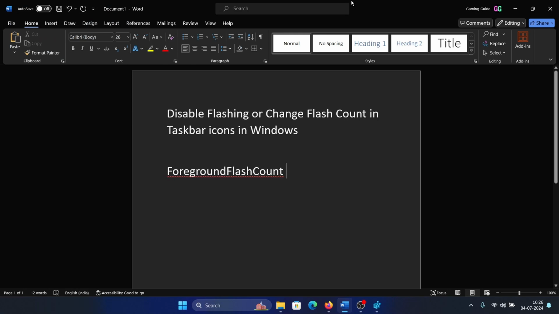Hey friends, if you wish to disable flashing or change the flash count in taskbar icons in Windows, then please